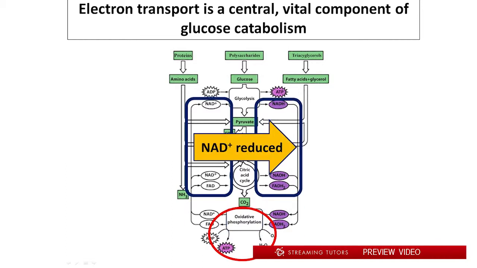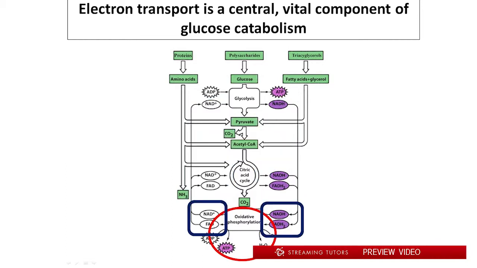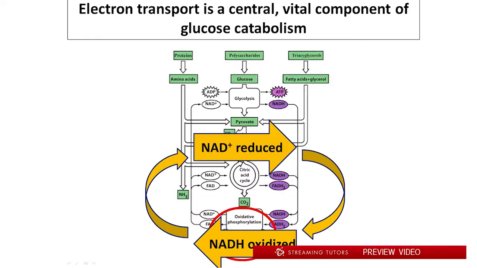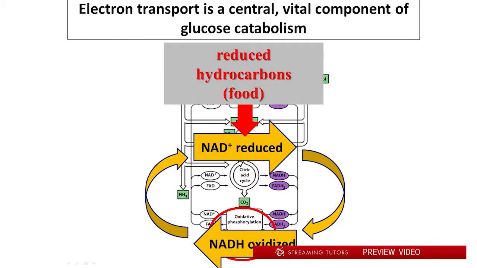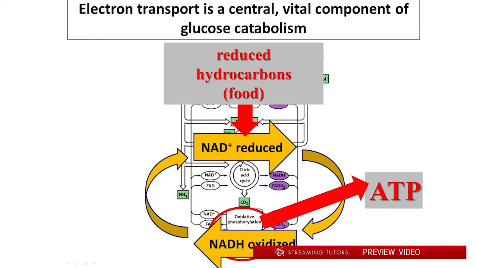And then the purpose of oxidative phosphorylation is going to be to take that reduced NAD and oxidize it back to oxidized NAD. So we have a cycle here, but it's not a futile cycle where we're just reducing NAD and oxidizing NAD. We are in fact extracting reducing potential from food, storing it in reduced NAD, and then we're going to use that reducing potential to convert it into ATP, a high energy molecule which we can use for all kinds of purposes, some of which you've already seen, muscle contraction, for example. And we're going to do that by